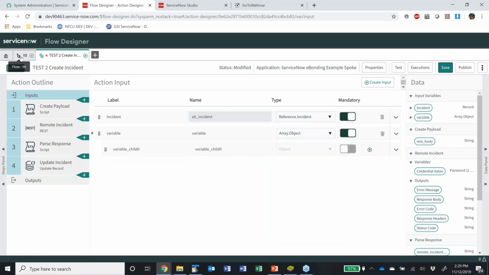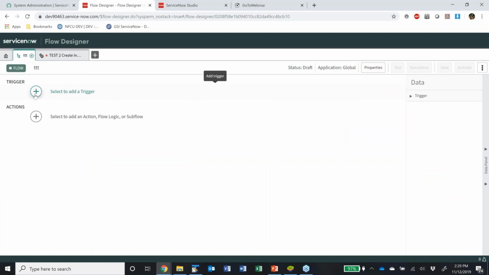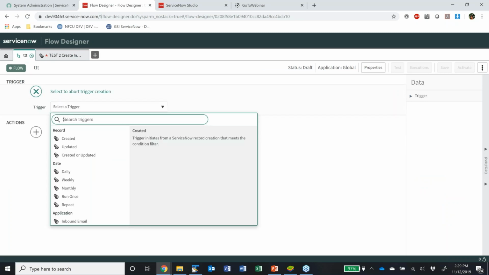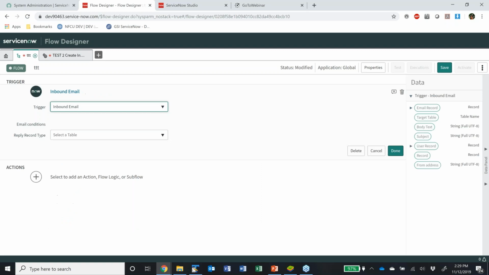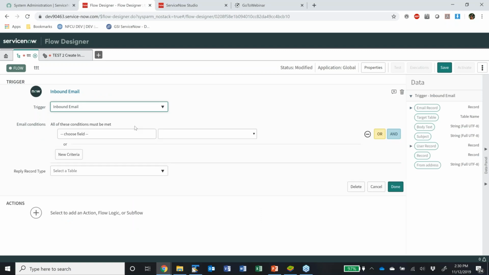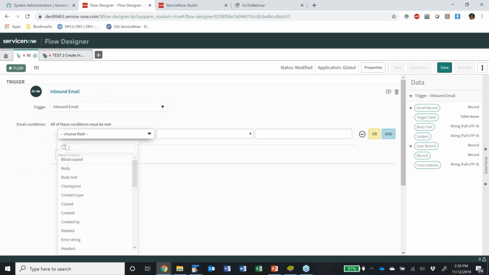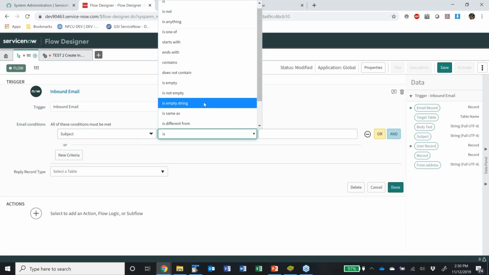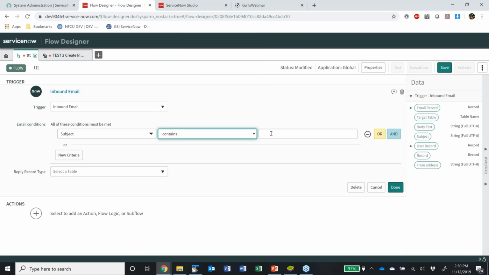All right, the other neat thing here is inbound email triggers. So you don't need inbound actions anymore, right? This can be subject contains server alert, right? And then